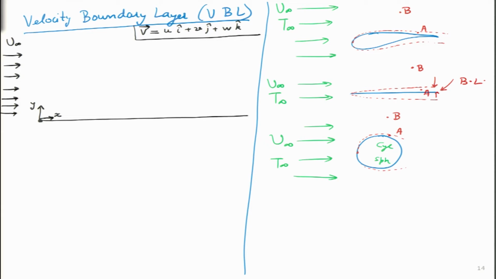Now, what happens as soon as the flow reaches this particular point over here? Immediately after that it will hit the plate, and then this kind of boundary layer will form, which we have shown on the right hand side. So, let me go ahead and draw a zoomed version of the boundary layer over here. I can draw it something like this.